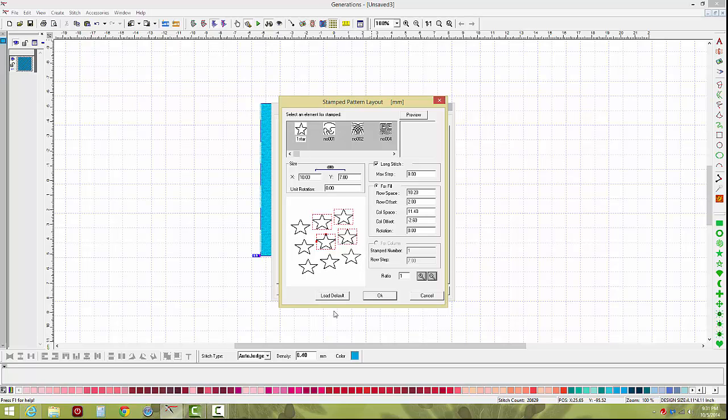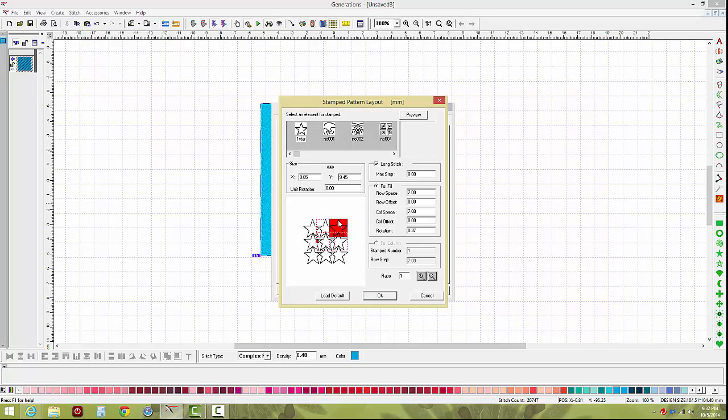So I'm going to go ahead and just leave our pattern like that for right now. If you've made changes and you're really not sure what you've done, you can load the default setting and it takes you right back to the beginning where you pick your pattern. If I select the pattern I've already used, it's going to ignore me. So select the next pattern over and then select the pattern that you want, and you'll be right back to your default settings. In this case, I do want to go ahead and stretch this out a little bit